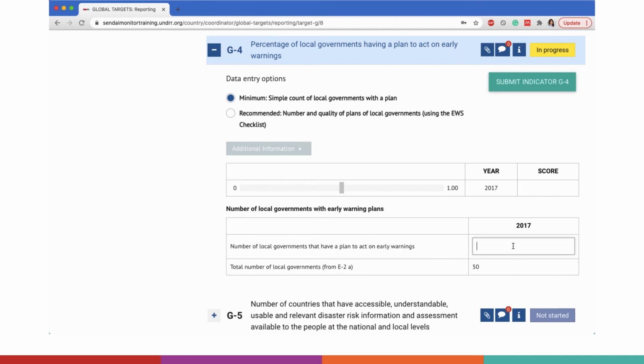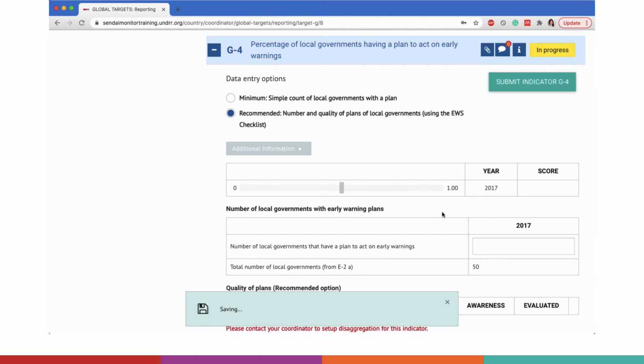This method is relatively easy, as you would simply provide the number of plans. The second or recommended option is to enter information about quality of local plans by local governments. The quality of plans can be reported based on 3 sub-indicators, and more information can be found in the TGNs.